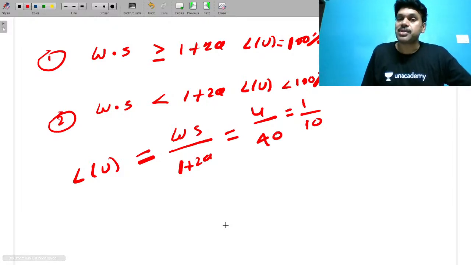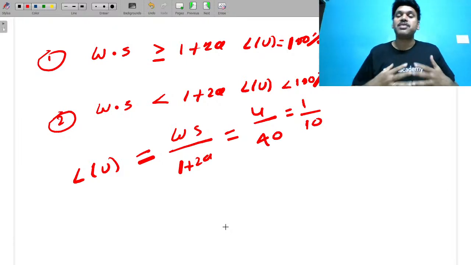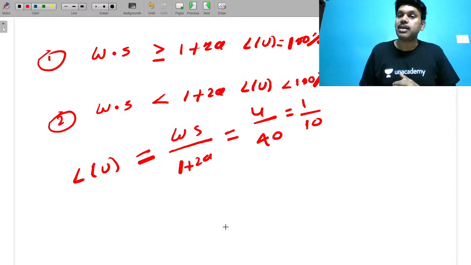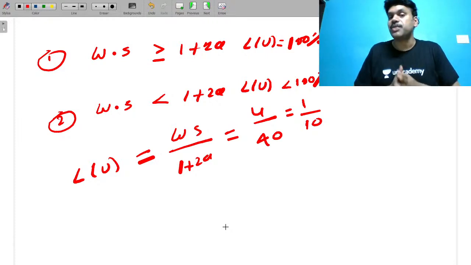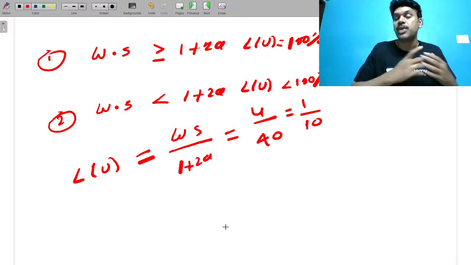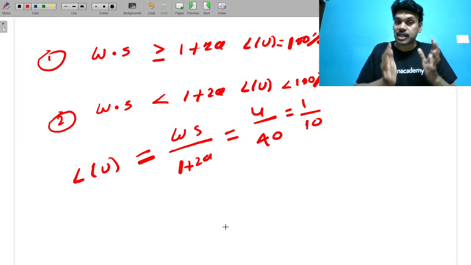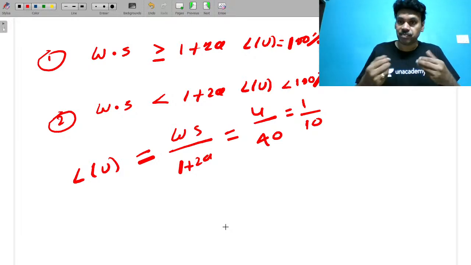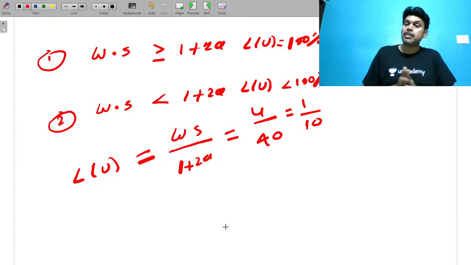That's it, my dear friends. This is how you can see that sliding window protocol is far better than stop and wait. But in sliding window protocol there is a limitation: there may be a chance of waiting time whenever your window size is less than 1 plus 2a. If the window size is greater than 1 plus 2a, no doubt you get 100% efficiency. If the window size is less than 1 plus 2a, then your efficiency will not be 100%. Your efficiency will be window size by 1 plus 2a.